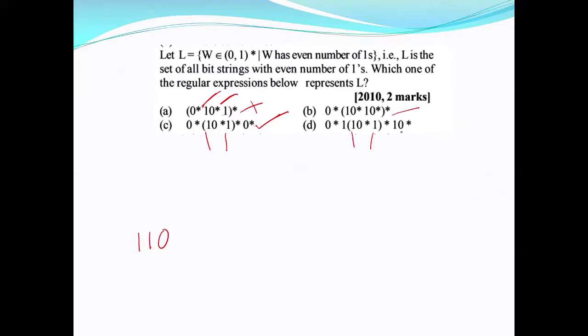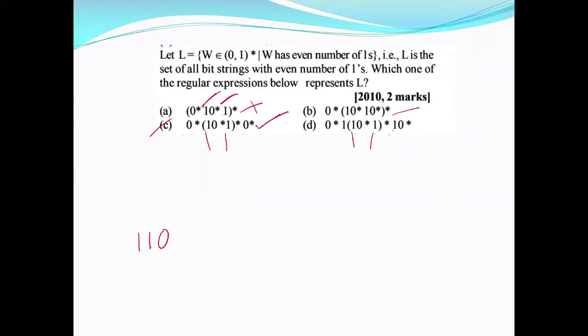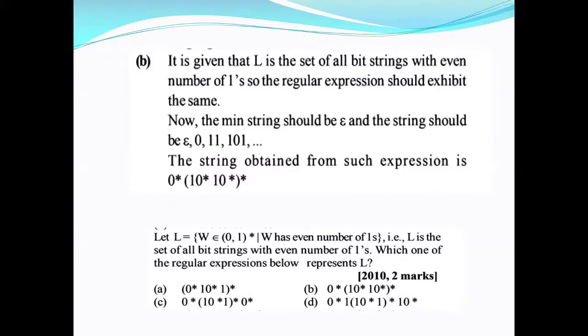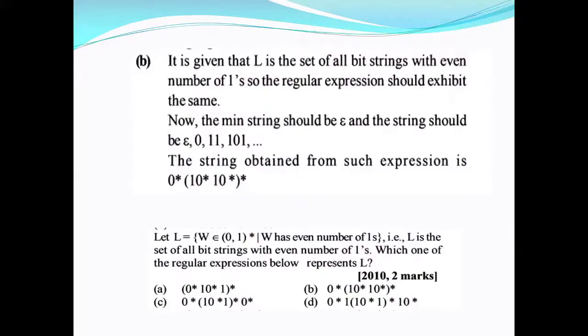And if you take this, minimum is you get 2 ones, right? Minimum is 2 ones, but minimum is not required for me. So C is going to be done. C is also correct. You can see C will also give you an even number of ones, no problem. D and C. A will also generate an even number of ones, no problem. You can have it. Right? Both will give you any strings.